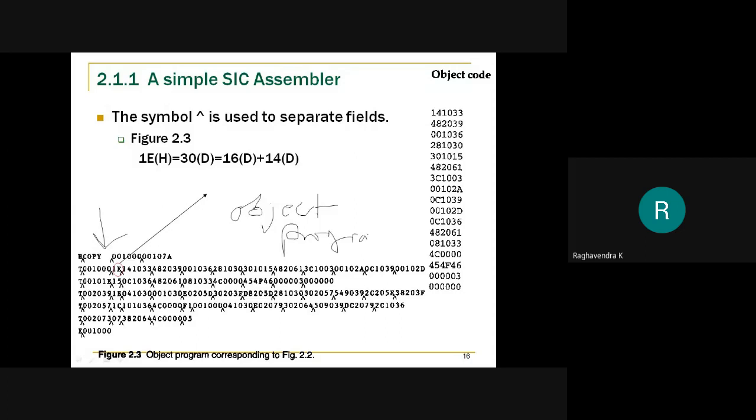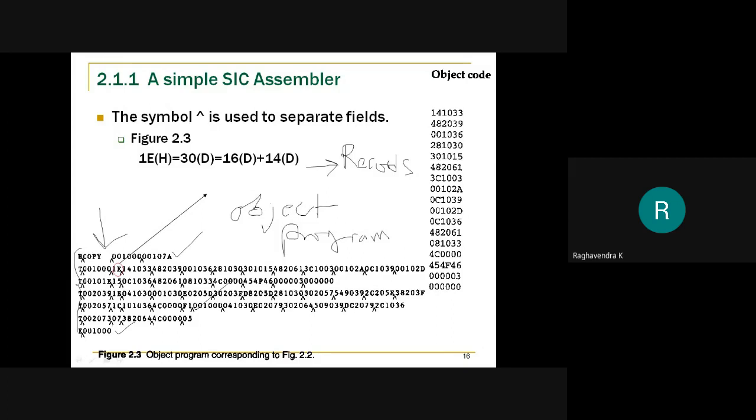Right? So this is the object program that has been generated, and the object program basically comprises a set of records. All the instructions in the program will be converted into a record format. So what are those records? I told you that there are three major records in this object program. The first is the header record, the second is the text record, and the third is the end record. I already discussed the header record and end record.